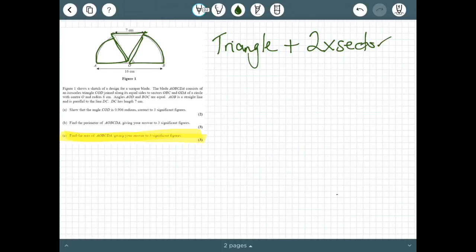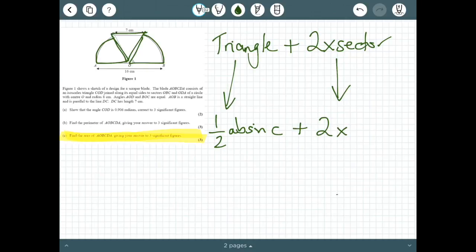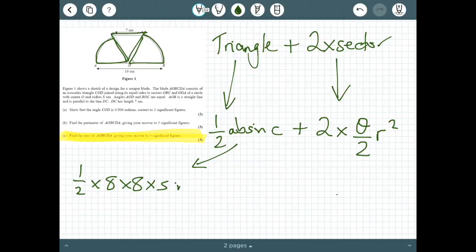Now, working out the area of the triangle, we have the lengths that we need and we have the angle as well. So this will be using the formula half ab sine C. Working out the area of a sector, it's going to be 2 lots of, because we're trying to find 2 sectors, theta over 2 times r squared. That means the triangle will work out to be half times 8 times 8 times sine of